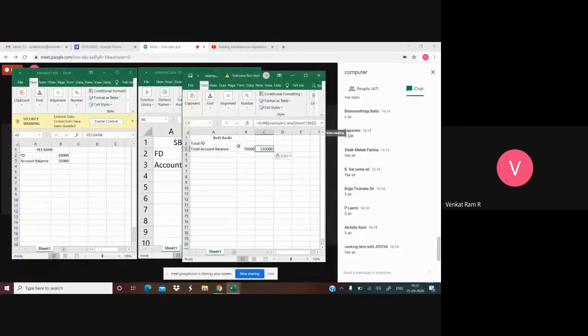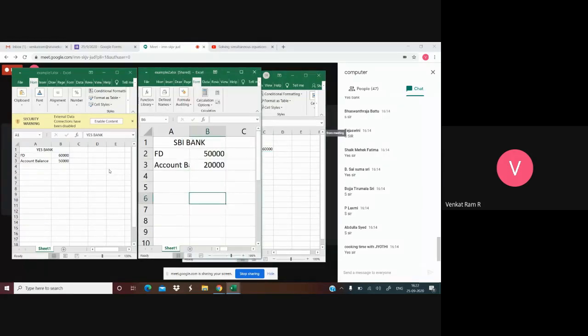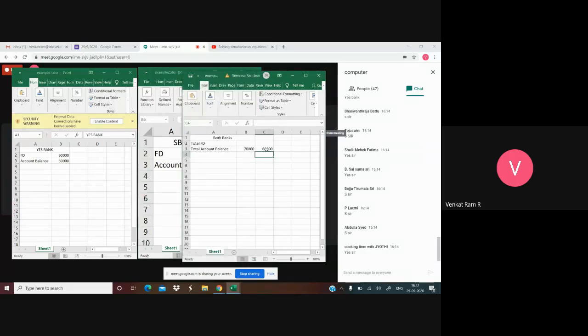Even you can do the same formula for max also. If you want max, just edit that, use max. So whichever is the maximum number you are getting. See here, 60,000 and 50,000 max you are getting. And same for min and same for count also. Whatever the arithmetic operations you want to do, you can do it.